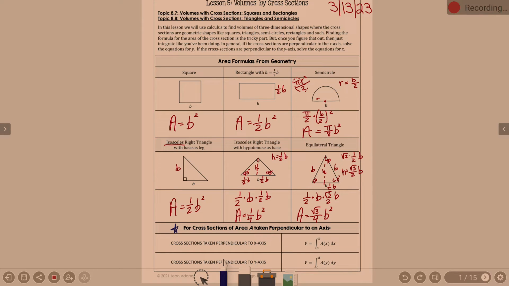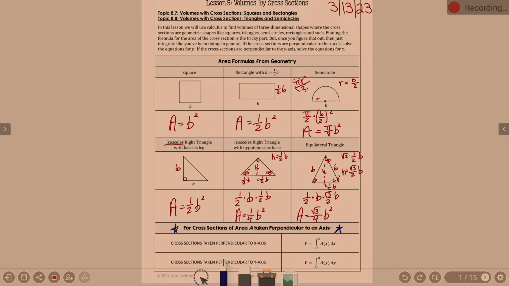Okay? For cross sections of area A taken perpendicular to an axis, they're always going to describe to you the cross sections that I was just having you look at in your notes, whether they are perpendicular to the x-axis or perpendicular to the y-axis. Where they are perpendicular to will determine what variable you work in. So if my cross sections are perpendicular to the x-axis, so that means what I would think of as vertical cross sections,